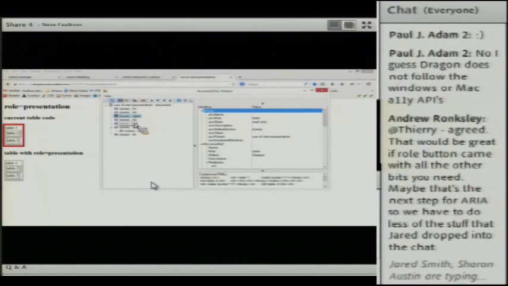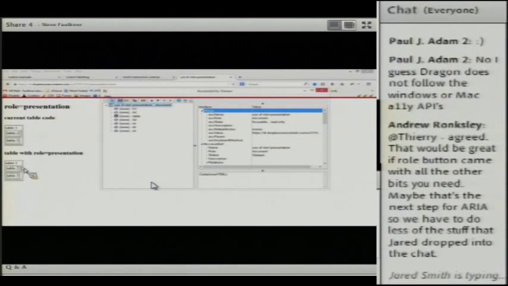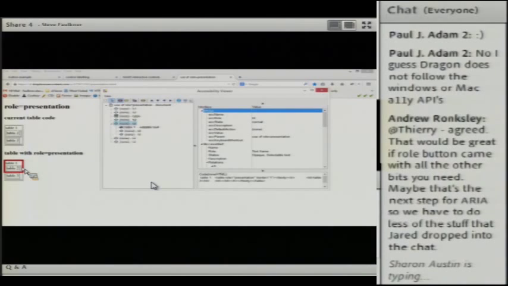Anyway, I'm starting to lose it a bit here. What this example is designed to show is that you can use role equals presentation to actually hide stuff in the tree, and it does work. I don't know what I've done here to mess it up, but it does actually work. Essentially, putting role equals presentation will actually remove the table from the tree.